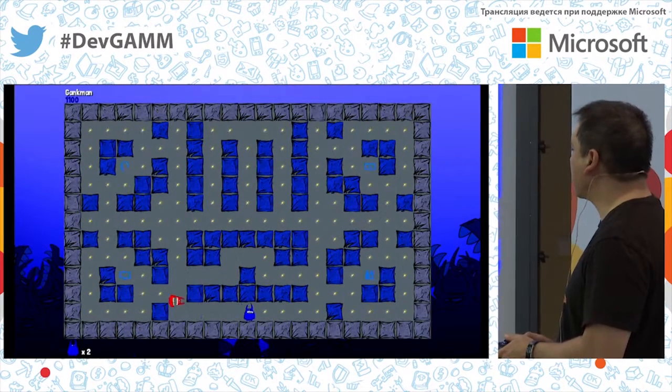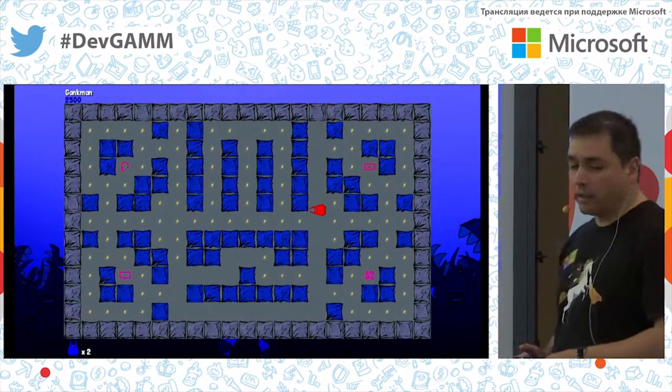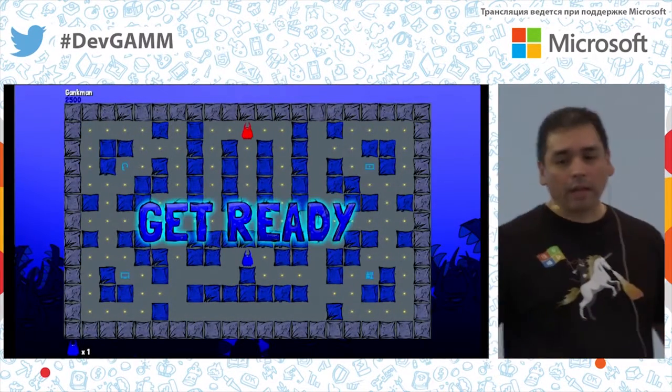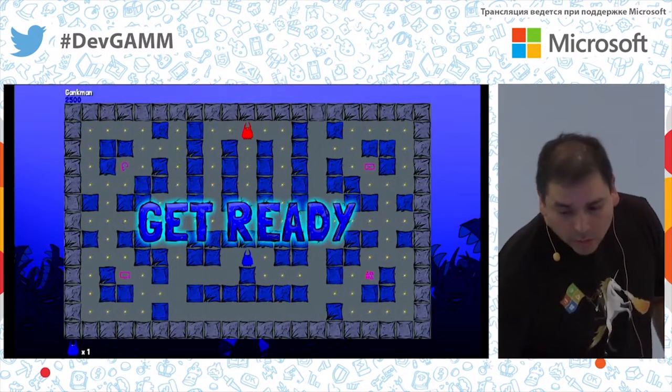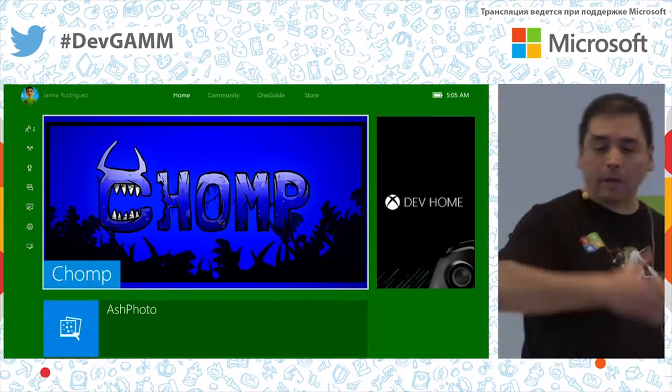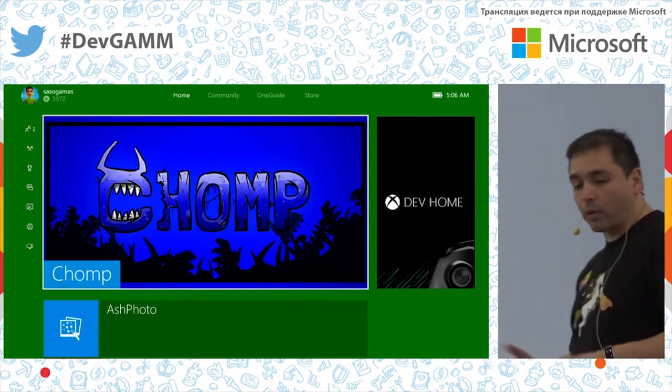So you see the exact same game running around here on the Xbox. And I didn't have to touch anything. I didn't have to modify any of the code, and the game runs everywhere. In this case, this game is actually written in Unity, so if you wanted to, you could, of course, also take the game to iOS or Android. So it's very easy for you to actually write portable games that